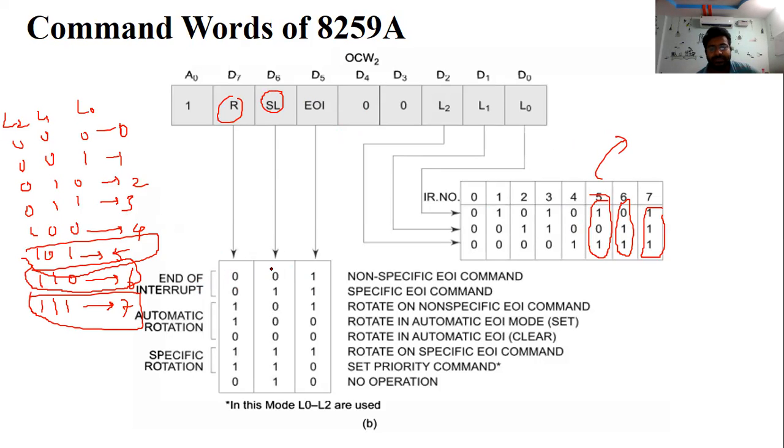So EOI, then automatic rotation is the next one, and specified rotation the next one. So in this mode we are using only L0 to L2, these combinations.